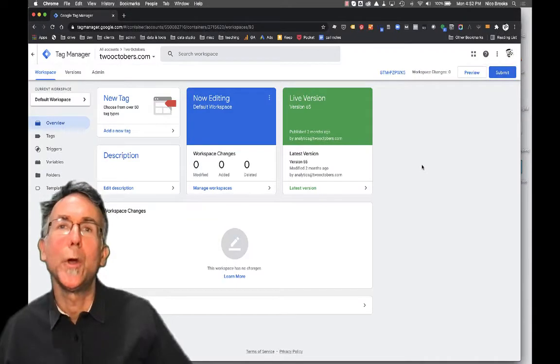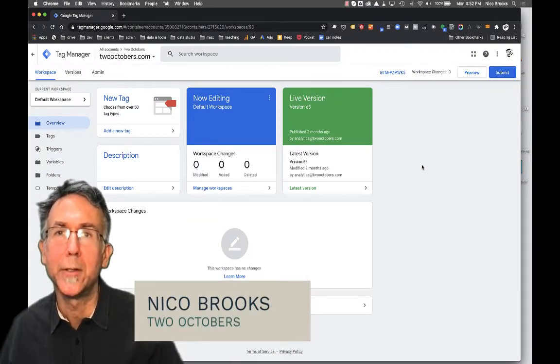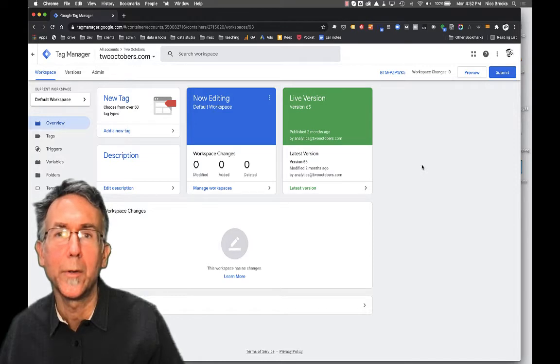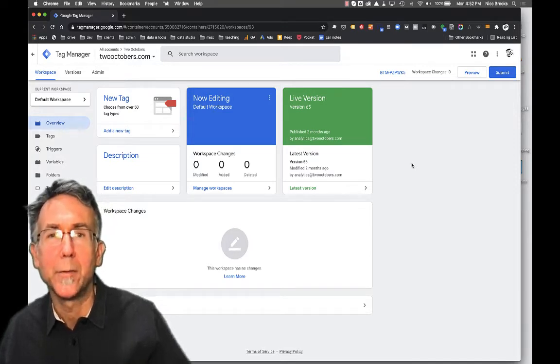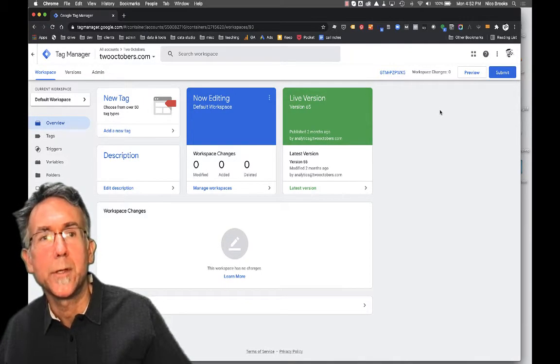Hi, I just want to show you a quick trick for when you're setting up triggers in Tag Manager and you want to trigger off of an event on a page, like a button click or some other interaction with the page. So I'm in the 2 October's Tag Manager account, and I'm going to start by clicking on Preview,